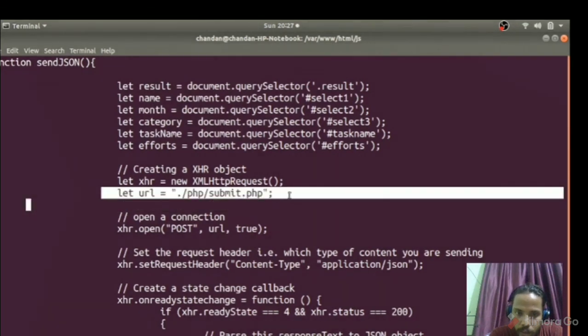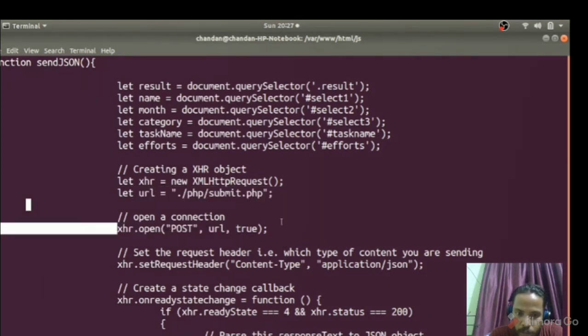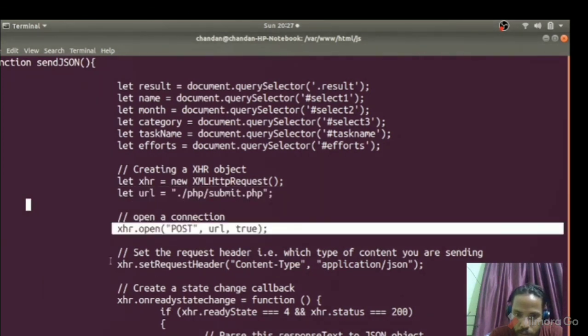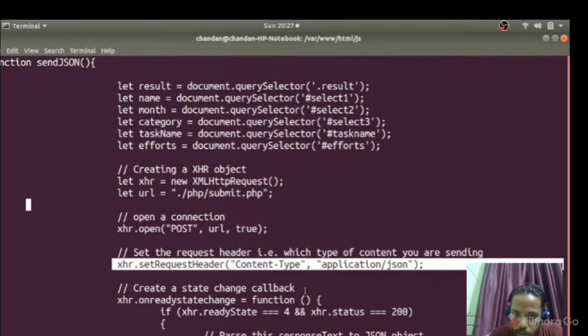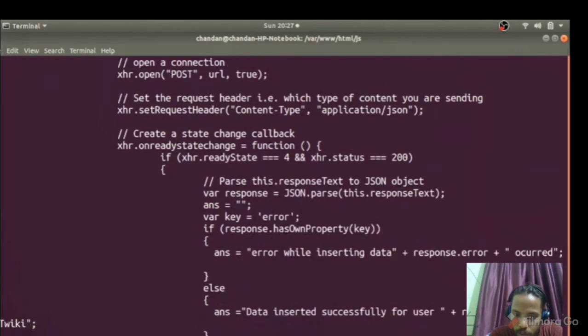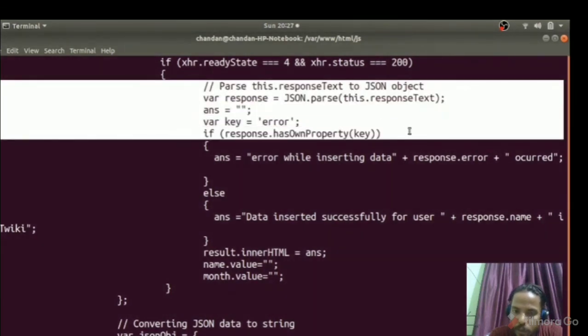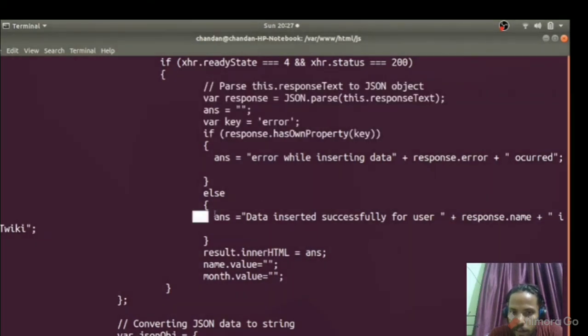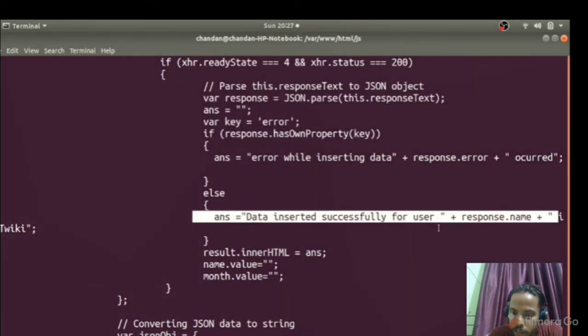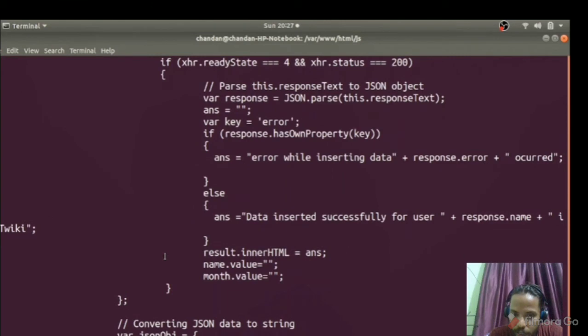Here we are sending our JSON POST request to this PHP, and this is our JSON application. Now if you see here, we are receiving the data from the C++ or PHP. Here is the error case: in case of an error we are printing something, and if the data is inserted, we print that the data was inserted correctly.